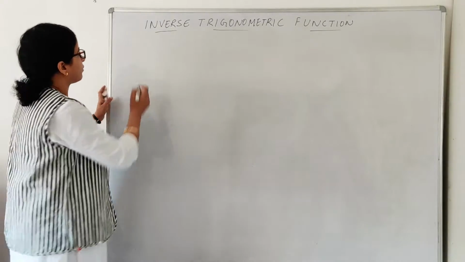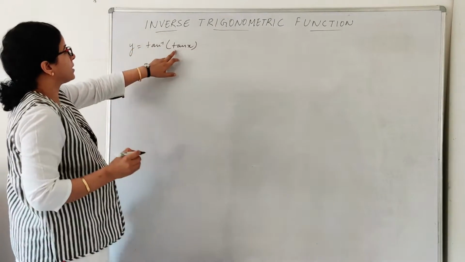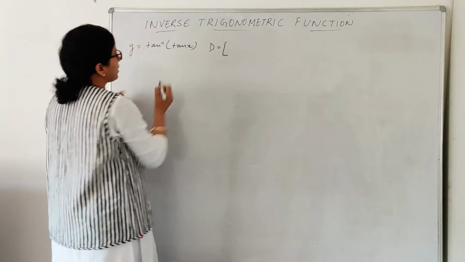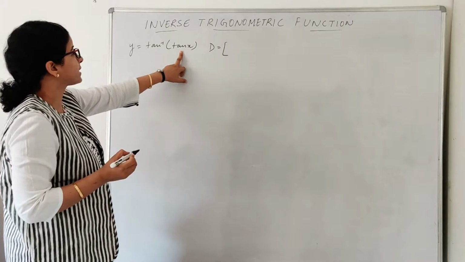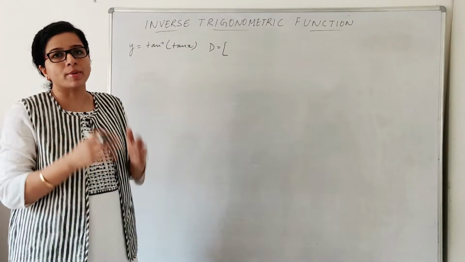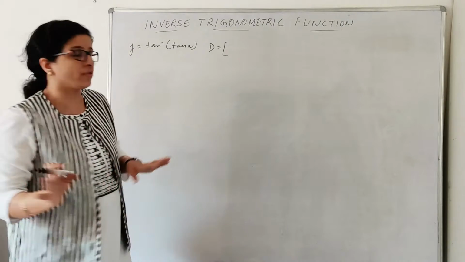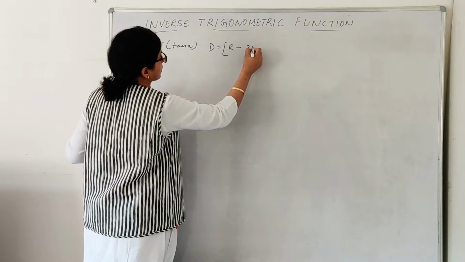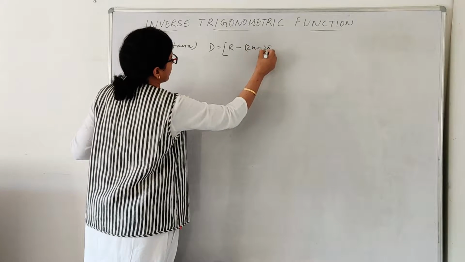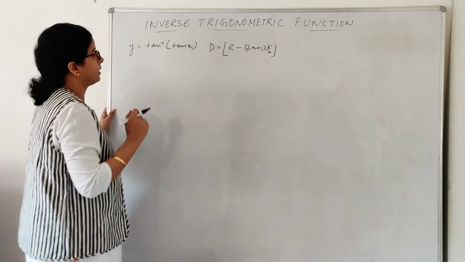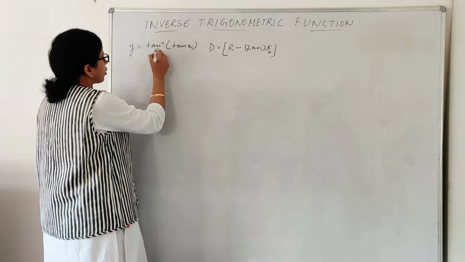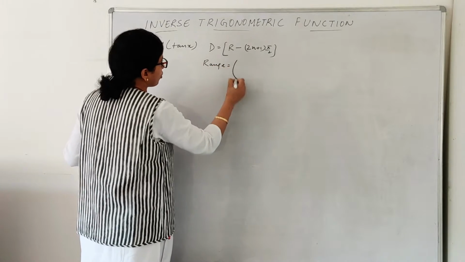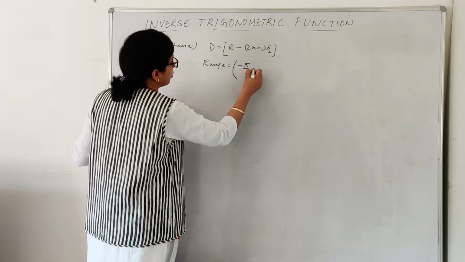Now let us check the graph for tan inverse. So what is the domain for this function? If I am talking about domain, I can give any value to it except pi by 2 and the odd multiples of pi by 2, 3 pi by 2, 5 pi by 2, where it becomes not defined. So it is R minus (2n plus 1) pi by 2. This is the domain for this. Now when I am talking about tan inverse range, what will be my range? Range is the open interval minus pi by 2 to pi by 2.